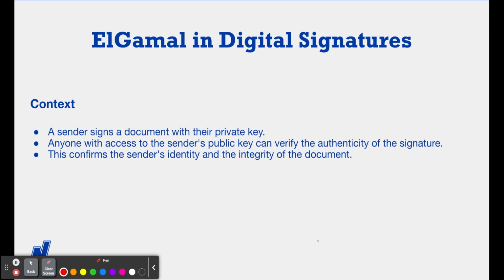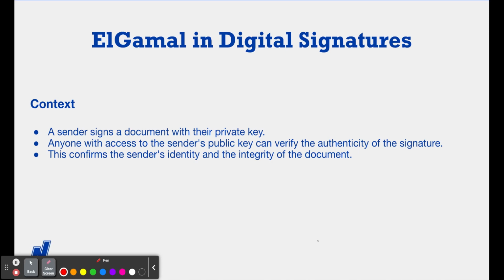Alice will generate an algorithm key pair, keeping her private key secure and making her public key available to Bob and potentially others. Alice would then create a digital signature for the document using her private key. When Bob receives the document and the signature, he can use Alice's public key to verify the signature. If it verifies correctly, then Bob can be confident that the document was indeed signed by Alice and hasn't been altered